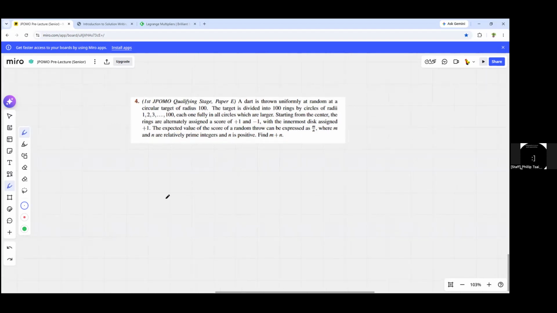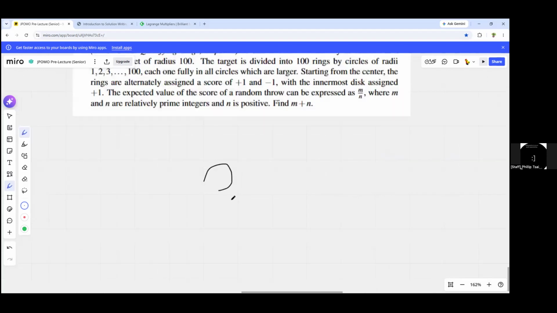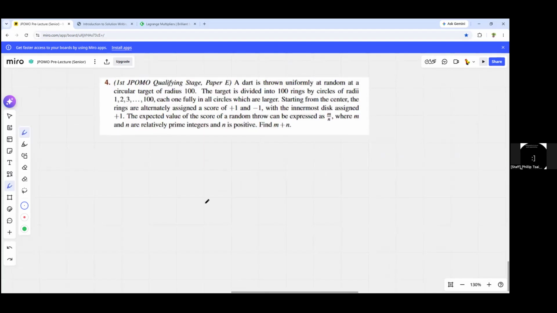So I'll just draw the diagram here. With any geometry problem, it's very helpful to draw a diagram first. So here we have the target divided into 100 rings. It looks something like this. I can't draw 100 rings, of course, but I can draw